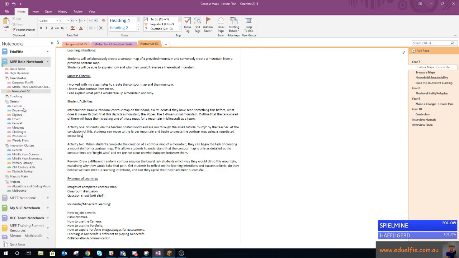Let's put that over here so you can see what I'm doing. So students join the teacher will run through a small bump by the teacher. At the conclusion, the students can move to the larger mountain and begin create the contour map using a negotiated color key. Activity 2, when students complete the creation of a contour map of a mountain, they begin the task of creating a mountain from a contour map. This allows students to